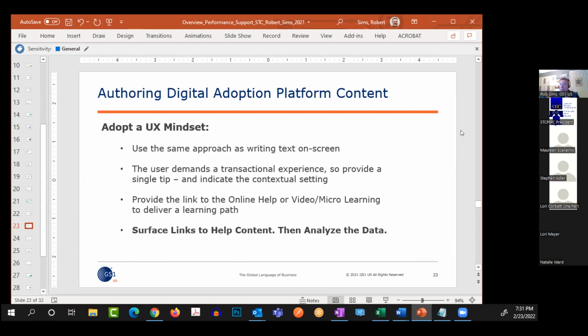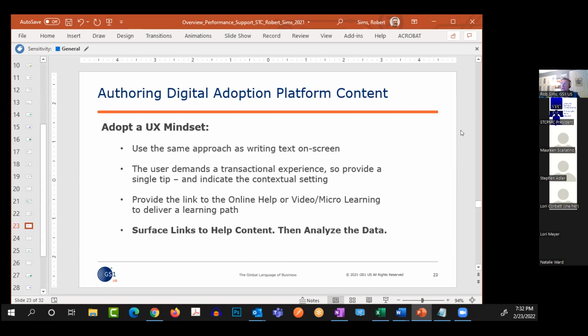And I've taken some UX courses over the last few years, and there's that whole microcopy concept. You have to be really fast. I mean, the user experience is, I'm getting a grab and go answer. This is hard for me because I've written 500-page user guides, but I have to focus on one very singular concept. Because the user demands that transactional experience, if I provide more than just that single tip, I could see I'm losing the user.